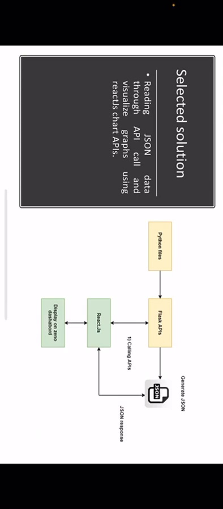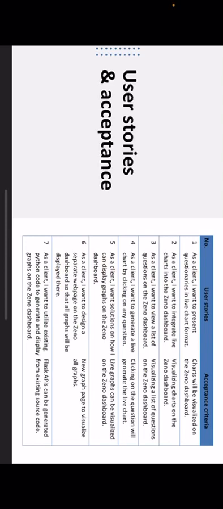And we have proposed some solutions such as to generate JSON. We use the same file to generate code like Flask APIs, and this will be converted directly on the Geno dashboard. We can have a response in JSON, and the calling of APIs will directly appear on the dashboard.